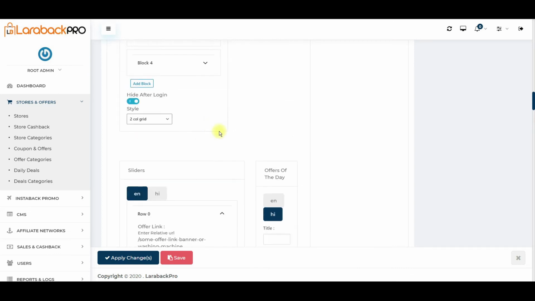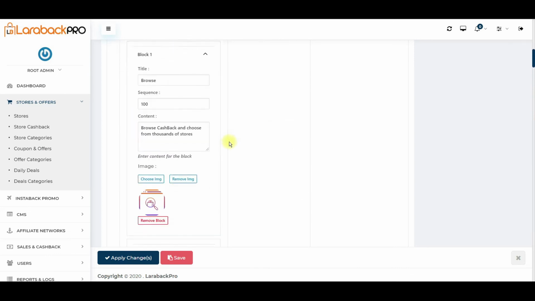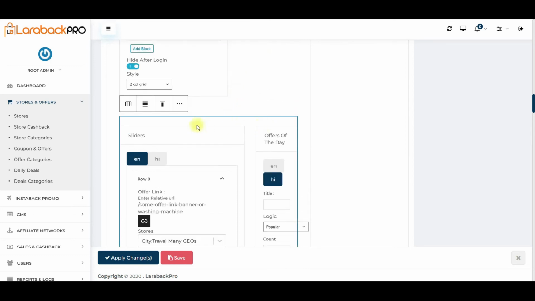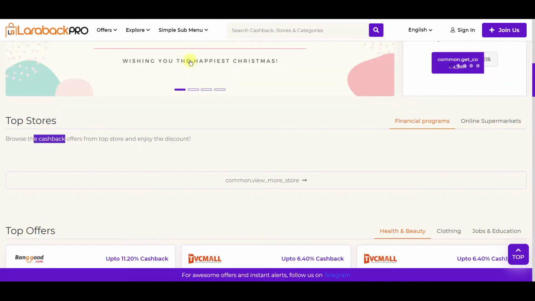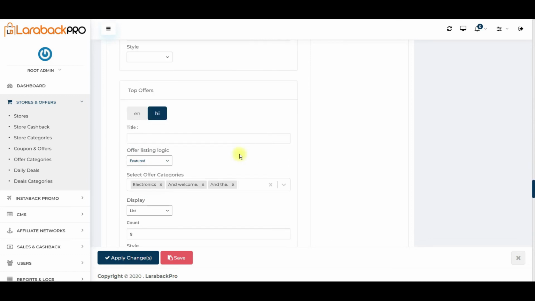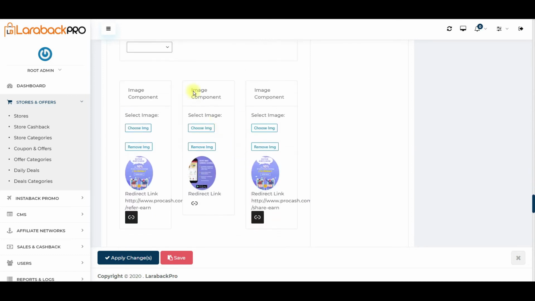If you want to show your slider in full width, when you come here, you will remove this particular offer of the day column, and you will increase the width of the slider block to 100%, and automatically it will fit into the entire width. We suggest to explore this only when you have a better understanding of Gutenberg and how this block system works. But to begin with, just configure and understand what blocks are currently available and how those are configured.